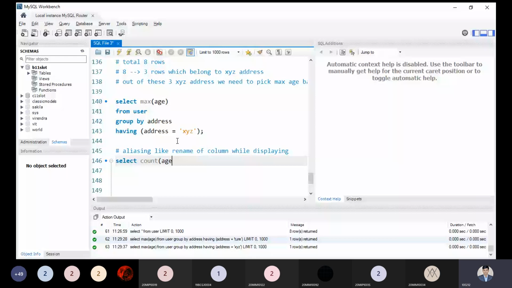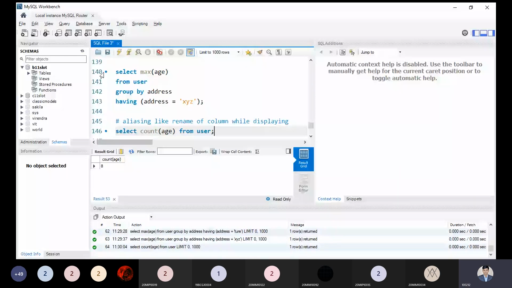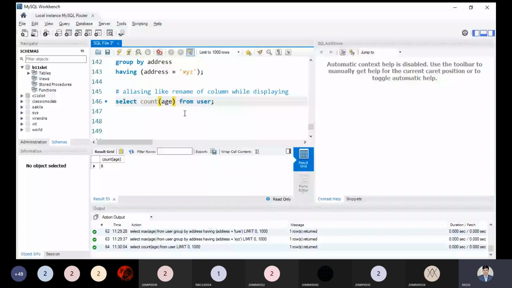And the point we have observed over here, after applying any condition: I am just writing select star from select count age. Suppose I am using this command, which I've used already. What will it return? It will return the column name as count age. So aliasing is a mechanism to rename a column for display purposes only. Instead of this, I can rename my column name from count age to result. Suppose I am using it as result. You can choose any name you want. So I'm making it result. While displaying the result, it will not display count age as the name of the column. It will display my result as the name of the column.